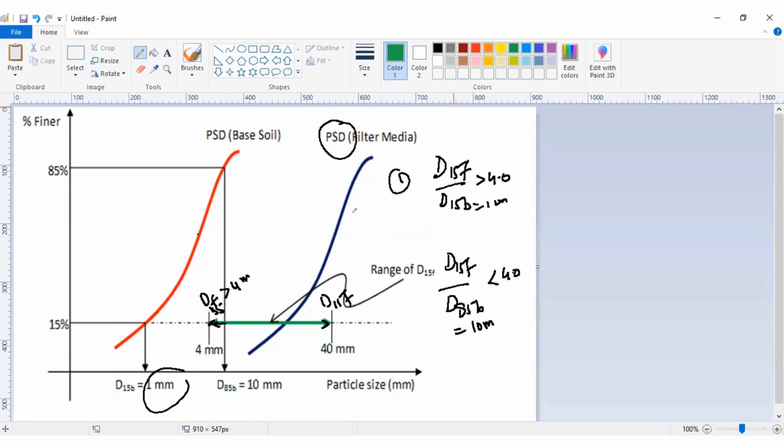Like if you draw a particle size distribution curve like this, or like this, which is outside this range, then these two are the wrong options. So what you have to do is ensure that the particle size distribution curve which is drawn should be in the range of D15F which is specified. Now you see the challenge. What is the challenge here? The challenge is that for a given problem, you know that you have a dam,